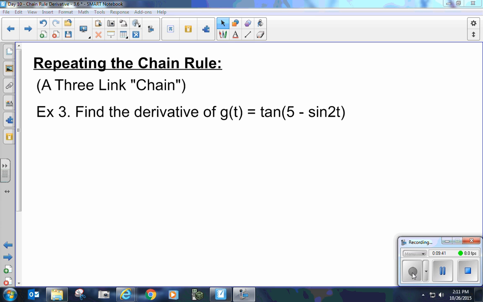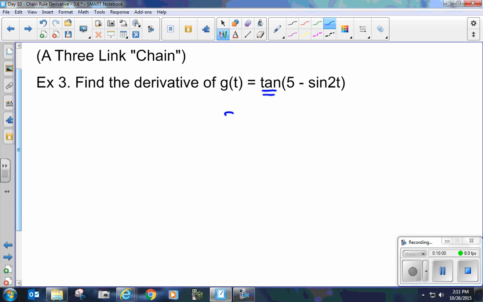Okay, repeating the chain rule. So instead of doing the chain rule once, we're actually going to do it multiple times, in this case twice. So let's start out like we normally would. Okay, I'm going to just take the derivative of tangent, which is what? It's secant squared. So I have secant squared of 5 minus sine of 2t. Now I need to multiply by the derivative of this. Okay? The derivative of that 5 minus the sine of 2t. What is that? So times,